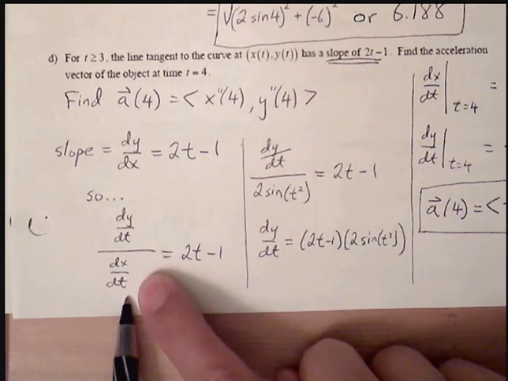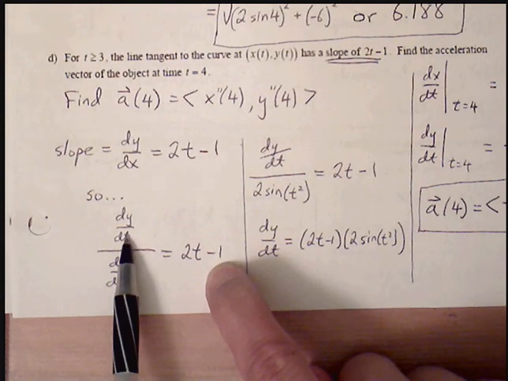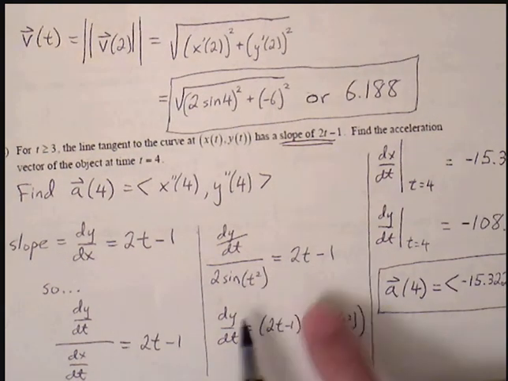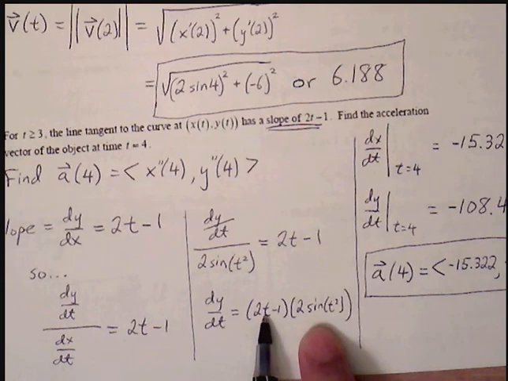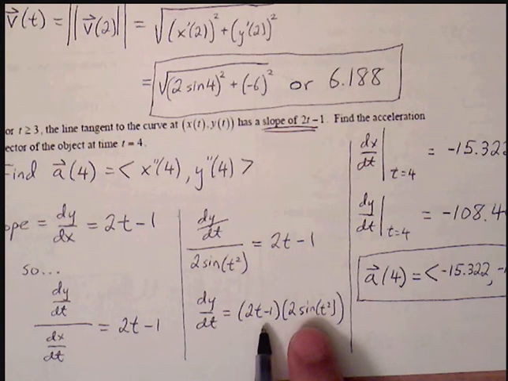So we have dx/dt. We have an expression for slope. So now the only thing missing is dy/dt. If I want to solve for dy/dt, I can cross multiply, or multiply the 2 sine of t squared to the other side. So now we have an expression for dy/dt. So I can now evaluate